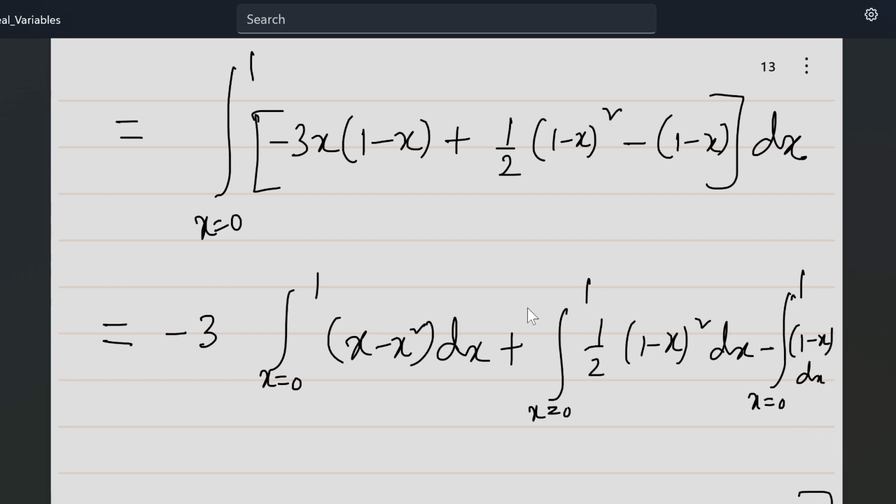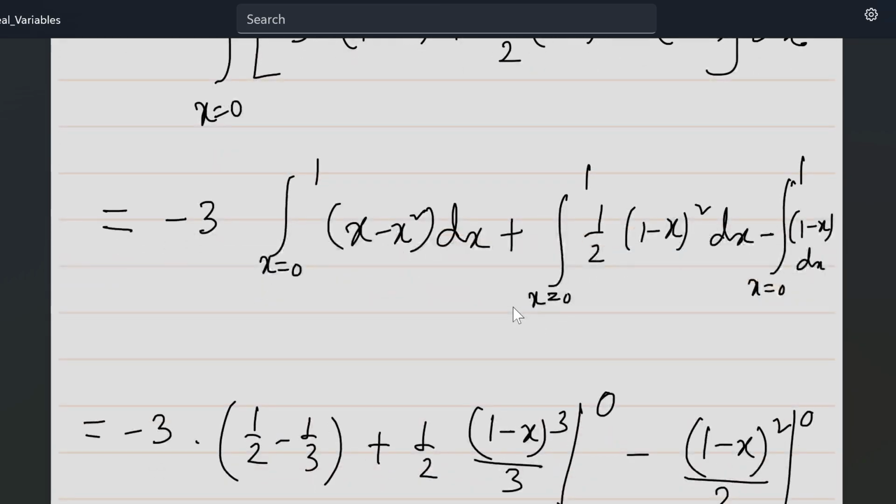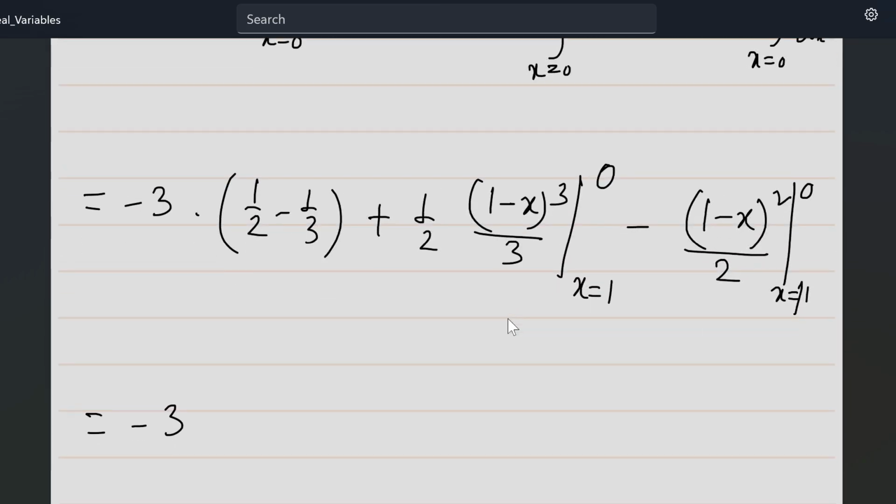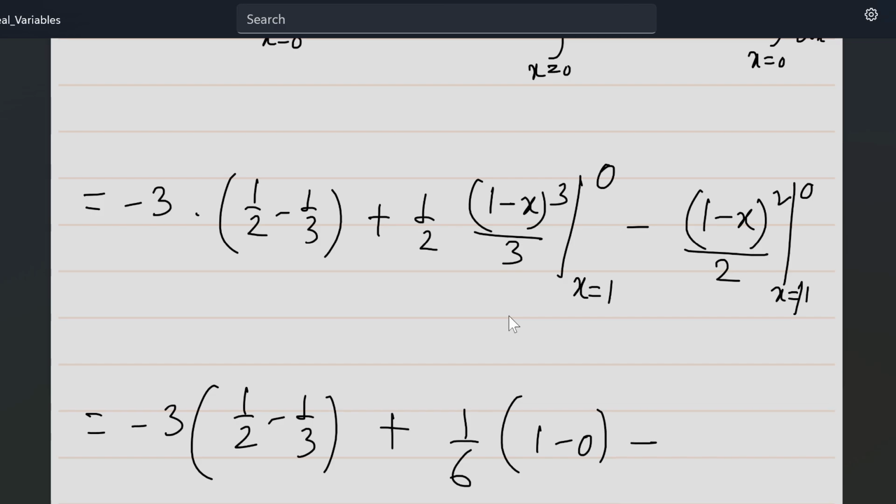These brackets should not be there. Minus 3 is multiplying with only the first term. So minus 3 into half minus 1 by 3 plus 1 by 6 into 1 minus 0 minus